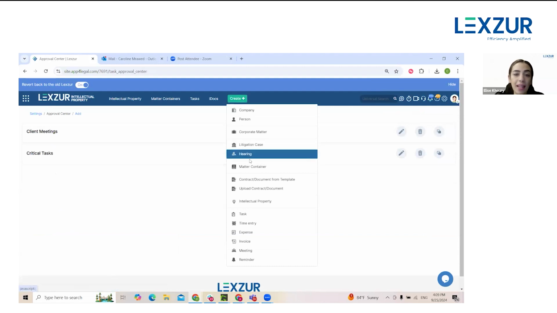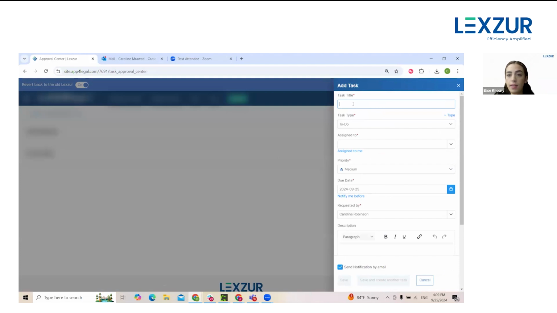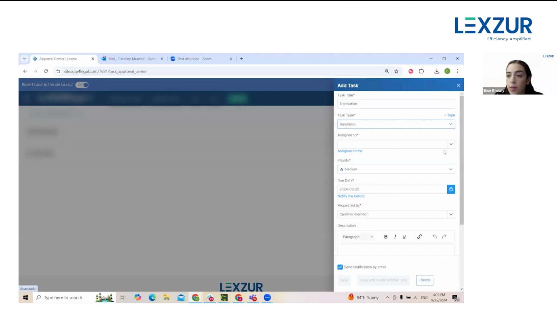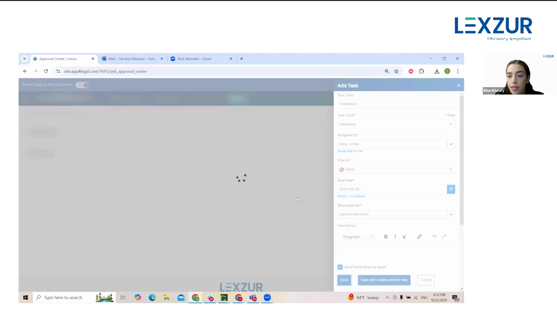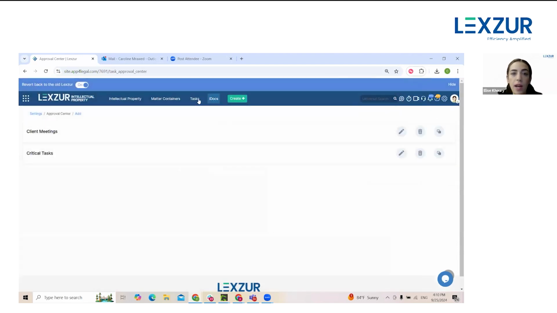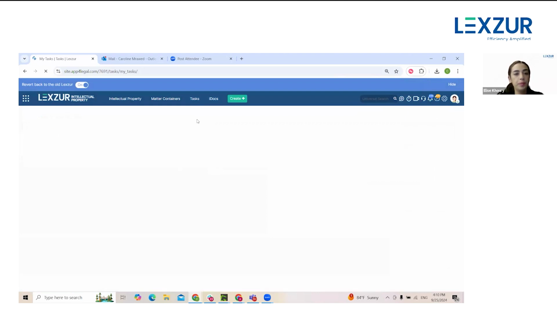And now if I create a new task inside my system, let's say this is translation. I can now specify here the task type. And I will set now the priority. Of course, I would like to assign it, let's say, to Alice. And the priority is critical. Of course, you can add all the details, and now whenever you click on save, the task has already been created in the system. If I go through the tasks module,